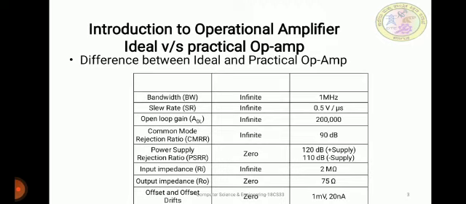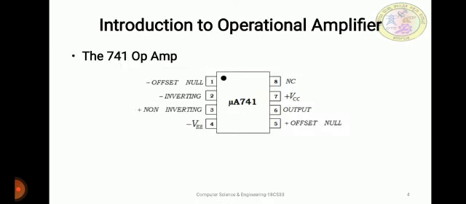So basically we'll be using the IC741, that is the operational amplifier. It basically looks like a small chip. Fine. The representation of the 741 IC op amp, you can see here. The most significant pins are 2, 3, and 6, where pins 2 and 3 denote the inverting and non-inverting terminals, and pin 6 denotes the output voltage.